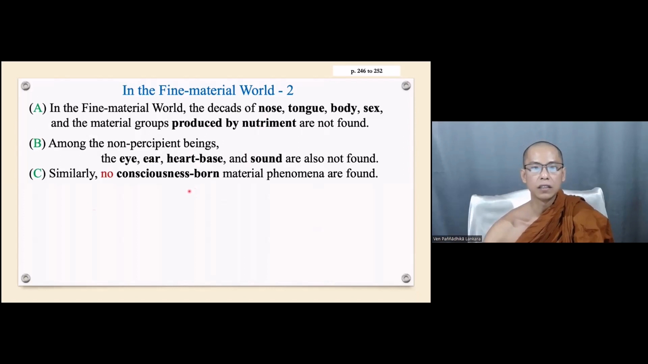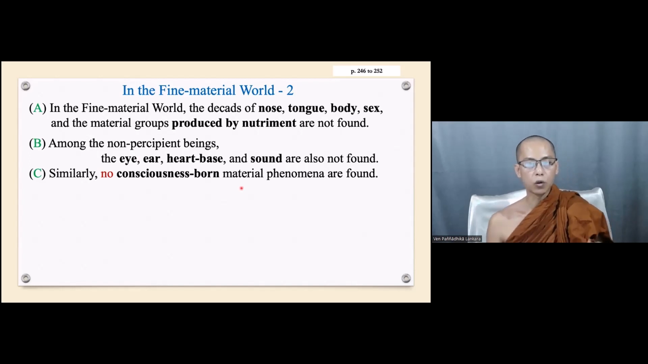And additionally, the consciousness-born materiality also cannot be found in the non-percipient beings, because they don't have consciousness at all. The whole life, no consciousness, they are just materiality. That is why they are called non-percipient beings, asanna satta. But still they are called satta, but they are different from the virus. Only the materiality, the group of materiality, can be called a being only in this realm of existence,